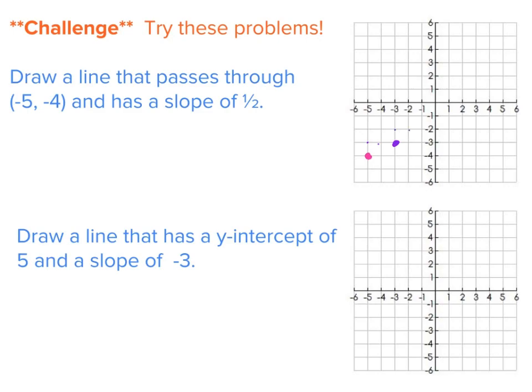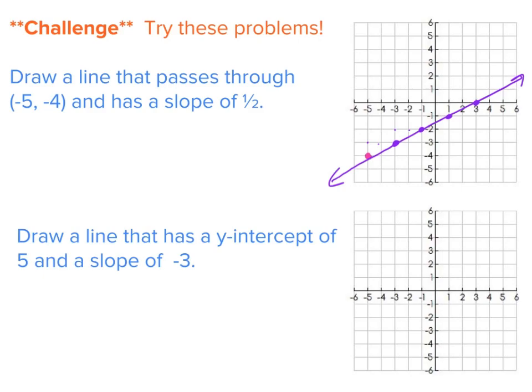Up 1 over 1, 2, make a point. I repeat this a few more times, and as you can see, I've started to make a line, and now I can connect my points using a straight edge. And I'm going to go all the way through my graph and draw arrows on the end, so I've completed that one. The next problem says draw a line that has a y-intercept of 5 and a slope